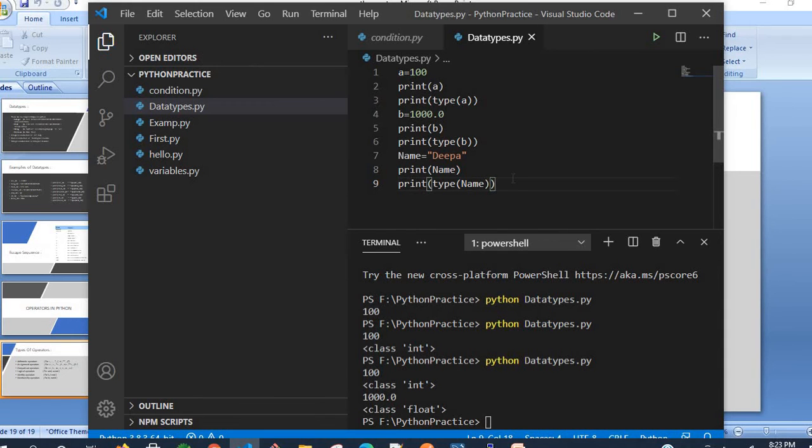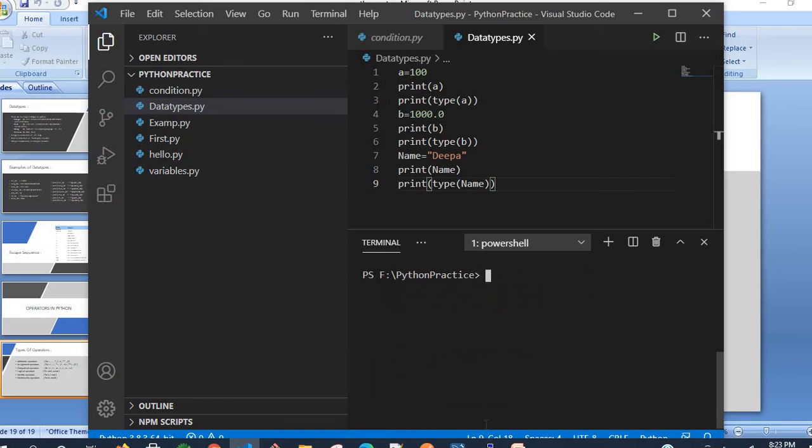Just save it. I want to clear, CLS, enter. So my terminal has cleared. Now python space datatypes.py, enter.